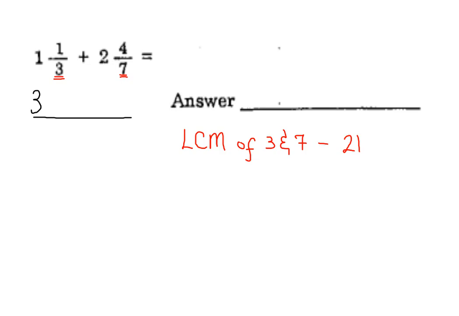And that's an easy little way, if you remember your times tables, you could always just pull up that list and check to see what is in both of them and use that as your LCM. Alright, so now that we get the LCM to be 21, we're going to tell ourselves that we need to bring them to